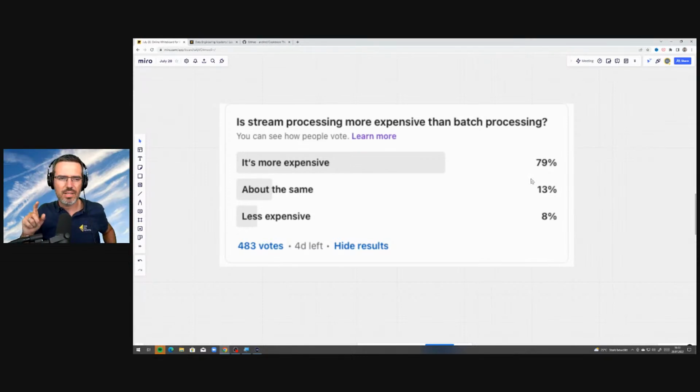Check that out, because we were talking about stream processing and how some people were saying this is expensive and a lot more expensive than batch processing. Yes and no. It always depends on how you set this up. So here 80% say it's more expensive.